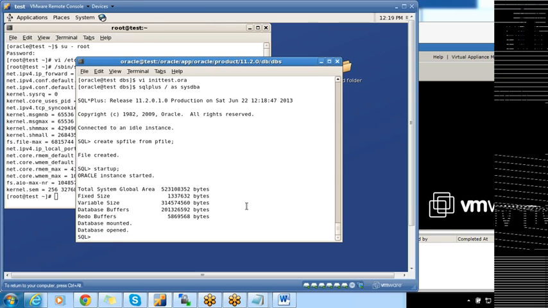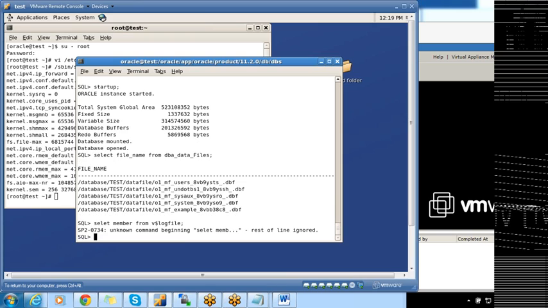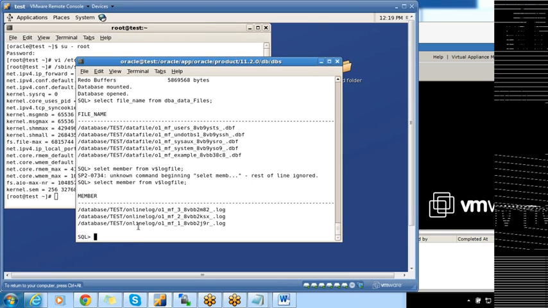Okay. If you see here, select file_name from dba_data_files. My data files are present in the local file system, and select member from v$logfile. Sorry, select member from v$logfile. Even these are stored in /database. So we'll see now how to convert this database from local file system to ASM file system. So before doing that,